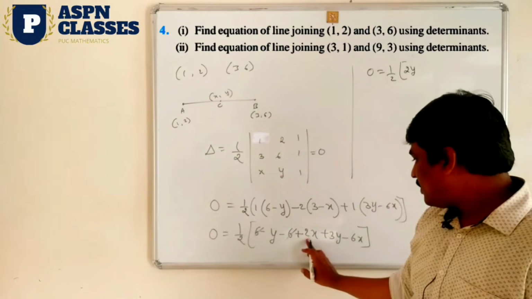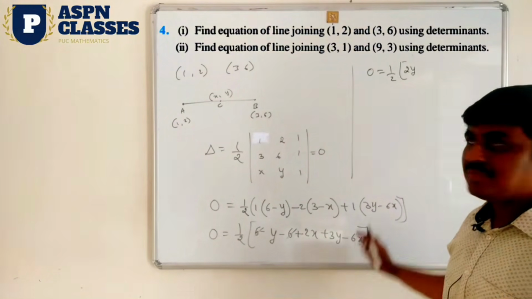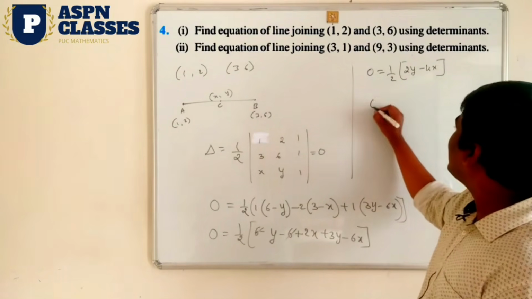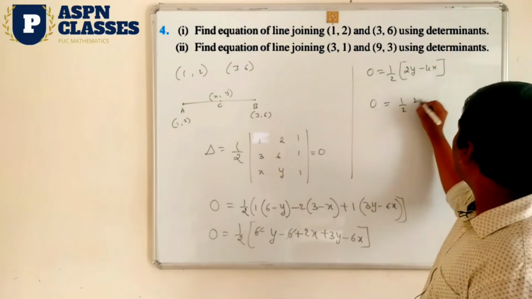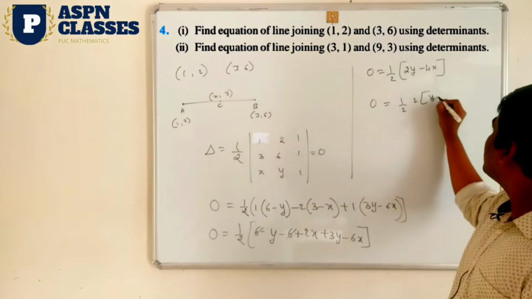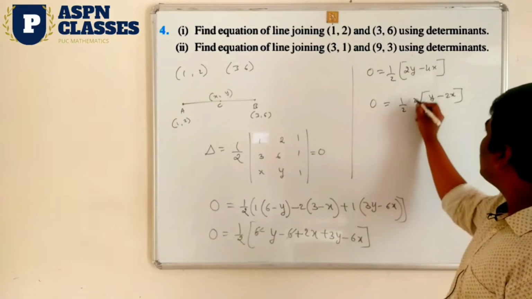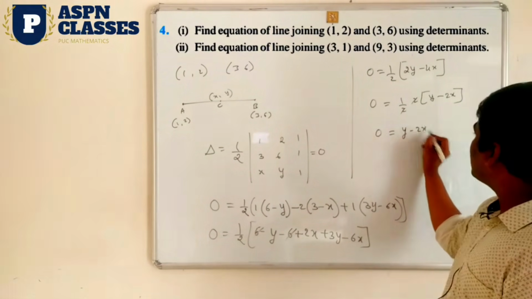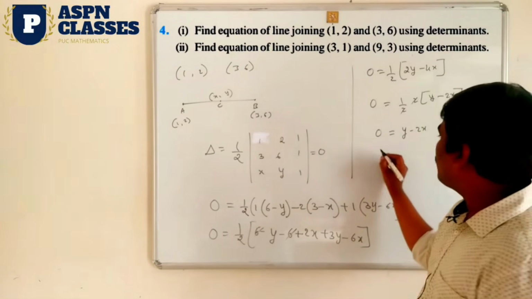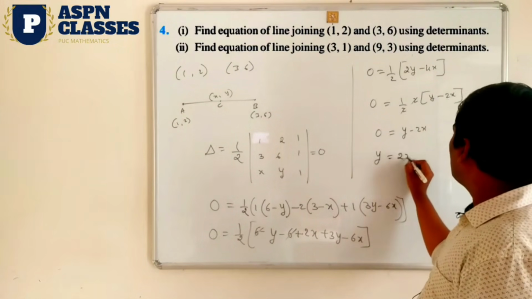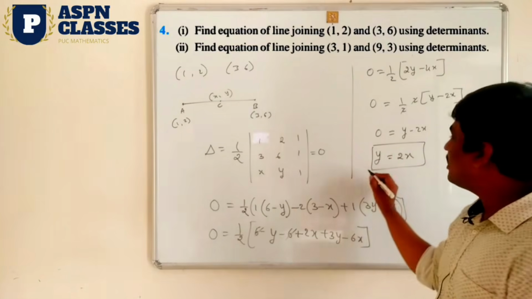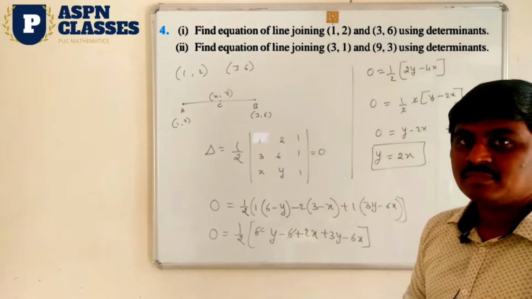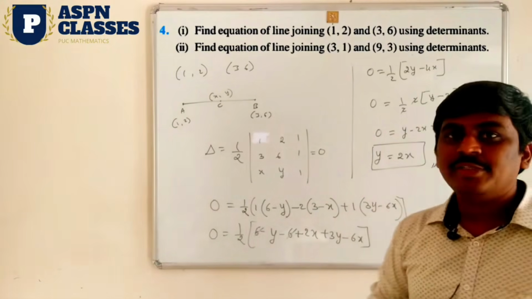Next plus 2x minus 6x. It means minus 4x. Here again I am taking 2 common factor. Okay, take here 2 common factor in bracket. So 2 I am taking common factor. This is y minus 2x. Now this 2 get cancelled. So finally what is remaining? Y is equal to minus 2x. So minus 2x you have to shift this side. What you get the equation? Y is equal to 2x. So now you get this equation is the equation of the line joining the 2 points. Up to here you complete it, means you get the complete 2 marks.